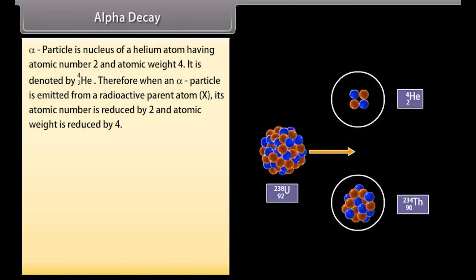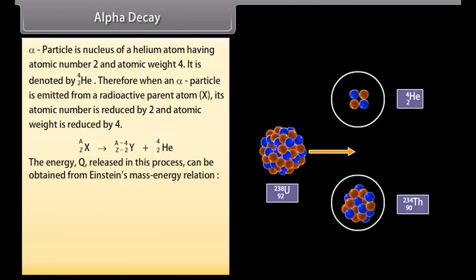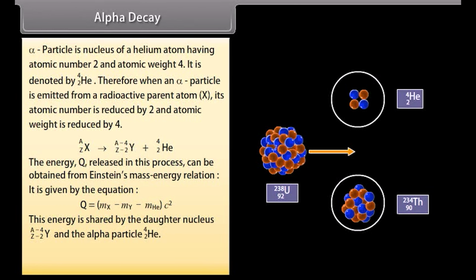The energy Q released in this process can be obtained from Einstein's mass-energy relation. It is given by the equation Q is equal to (mX minus mY minus mHe) c squared. This energy is shared by the daughter nucleus and the alpha particle. For example,